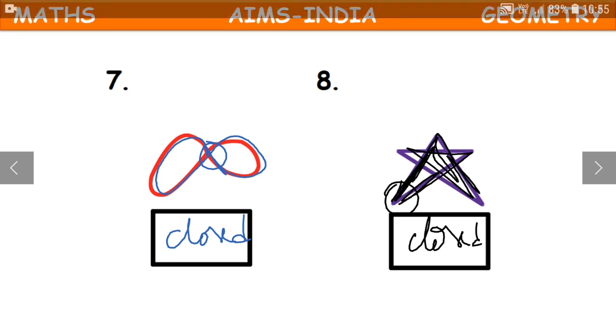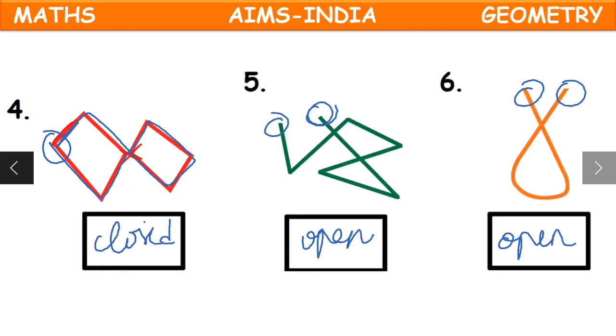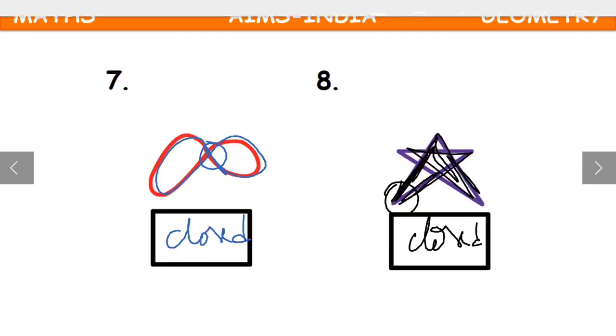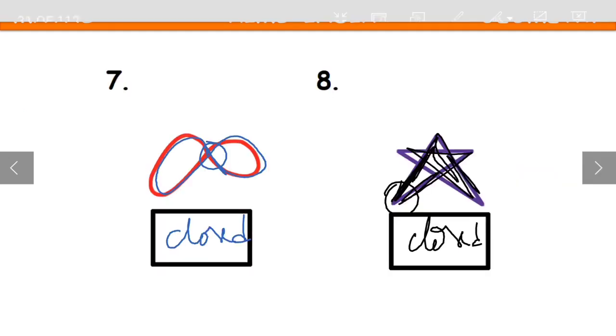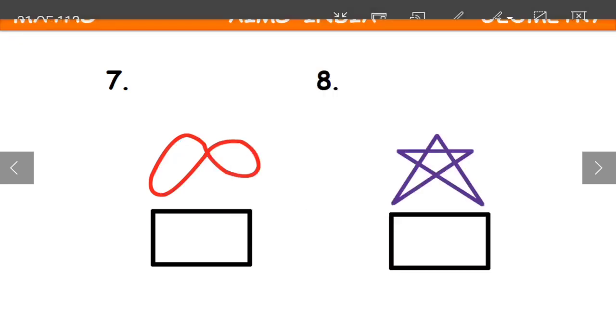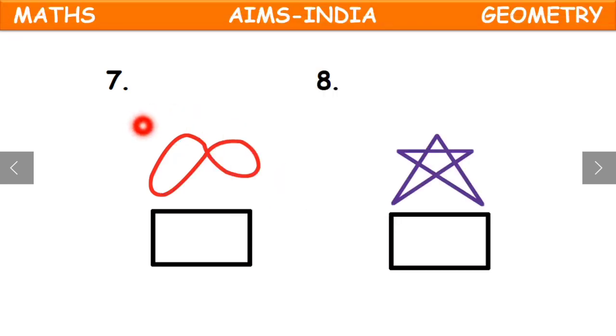So these are the basics of what is an open curve and what is a closed curve. And also, what did we learn today? We have learned the common errors that we might make while measuring the length of line segments using rulers. And also we have learned how to draw a line segment of the given length using a ruler. And also we've learned about the basics of open and closed curves.